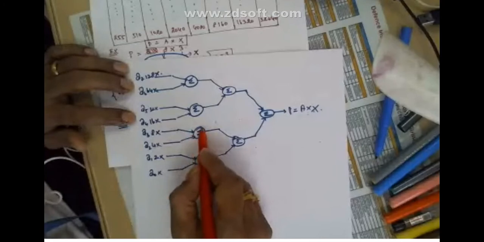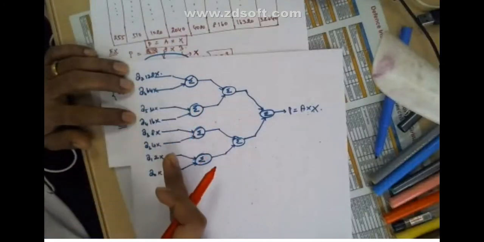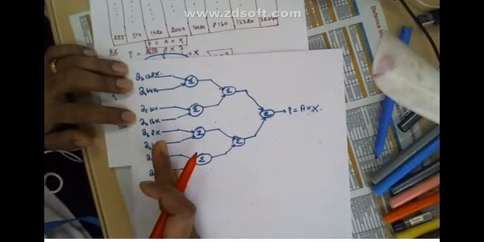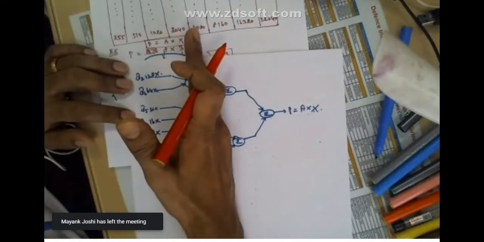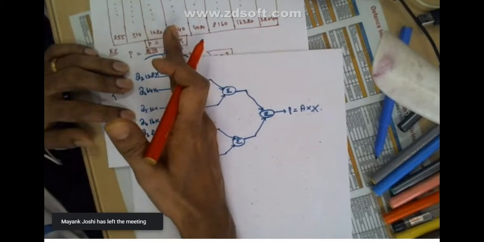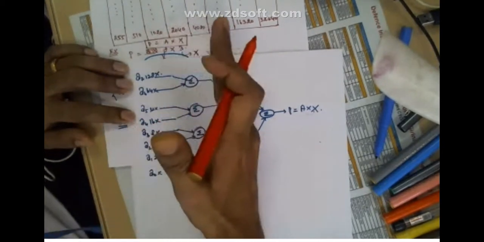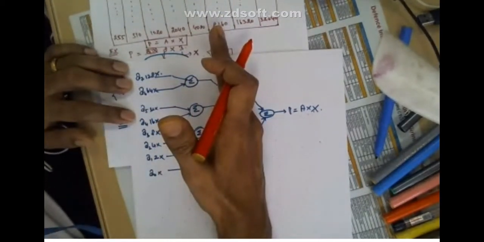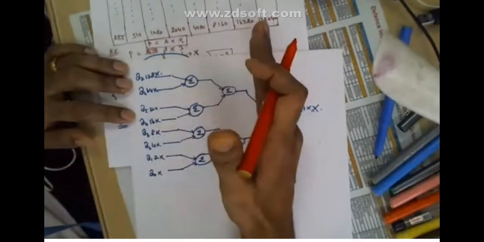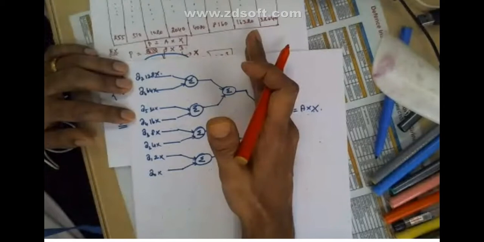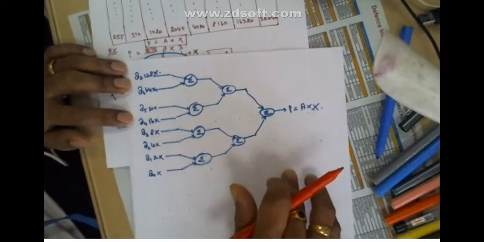So in this stage, when these values are available, because these values are available at an instant of time now, all the adders are working. You got the idea, no? All these 4 adders are working. Then the result will be forwarded into this adder now, right? Then this adder is also working. Then that will be passed into this adder now. You got the idea, no? Since all are combinational circuits,